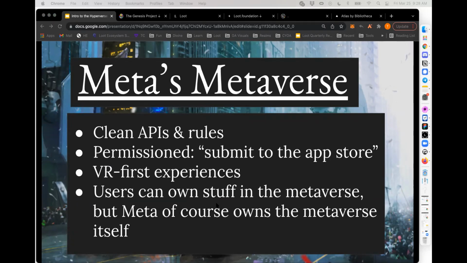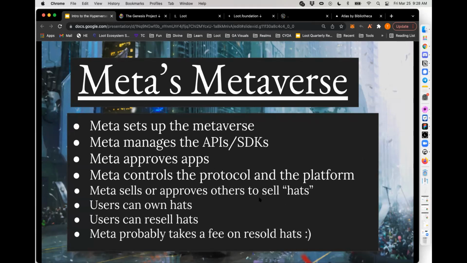A user in Facebook's metaverse can own a sword or own a hat, and maybe they can even resell that hat and that sword. But what they can't own is the metaverse itself, meaning that Meta/Facebook owns it, or Activision or Ubisoft, whoever the company is that creates it for you, they're the one who owns it. And that's fine. That's how companies work. That's how companies have worked for hundreds of years. The company creates something, the company has the equity value, the company has the control. And honestly, that's how most companies probably will exist for a long time.